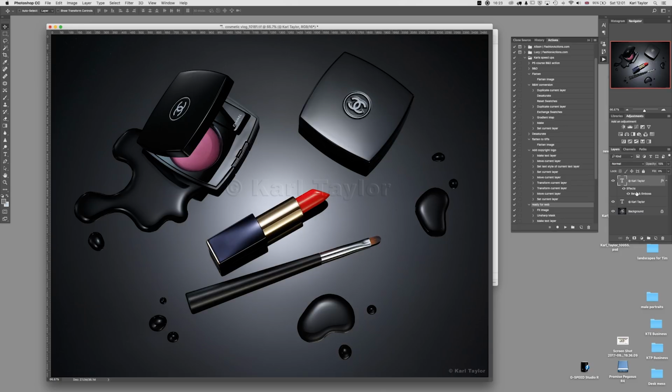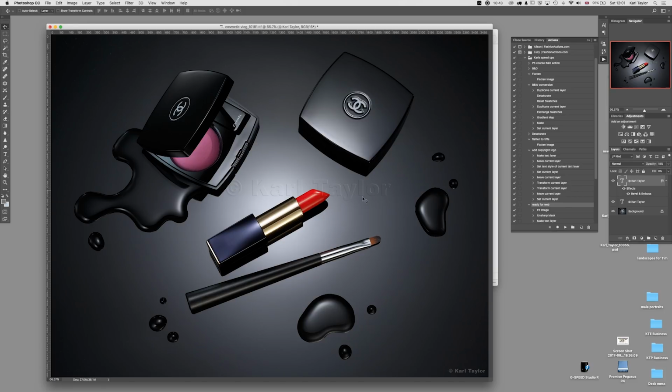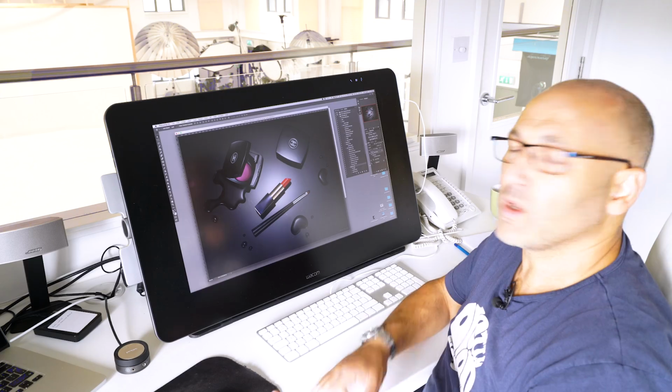And then I can always go into the bevel and emboss and change the parameters slightly, how harsh it is, the size of it, that sort of thing. So I'm making it a little bit crisper here, just looking at the depth of it, changing that, saying okay. And now I've got quite a crisp copyright logo that's transparent, that's not interfering too much with the image, but is more difficult for someone to remove